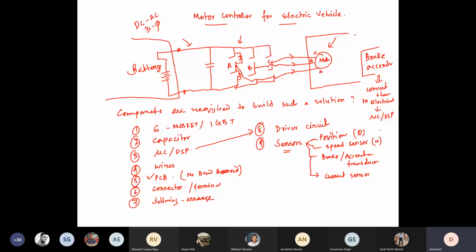So how to use this current sensor, voltage sensor? You'll see there is one video on it, most probably the last video in my playlist on power electronics. So you need this. Anything else? Sir, an amplifier to amplify the sensor output, and a heat sink if there is a lot of heat generated. Heat sink is a must.